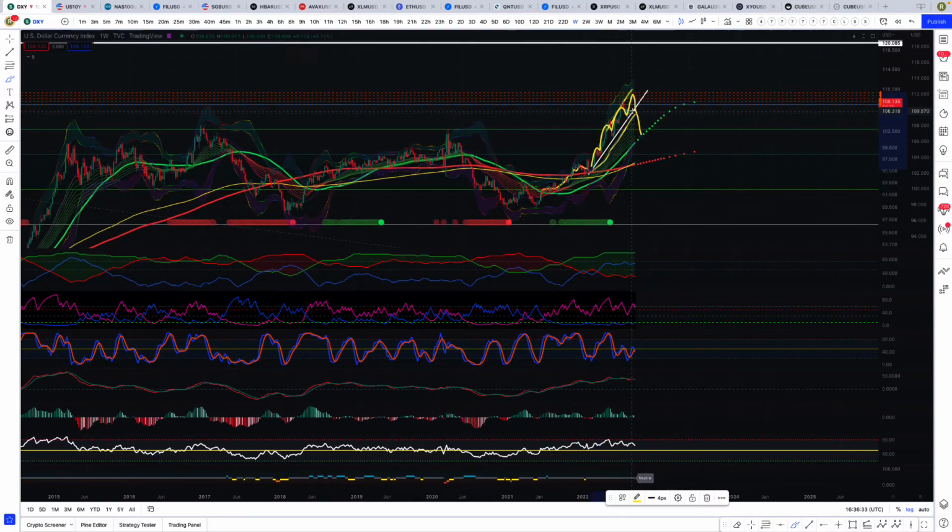And then when we retest this green moving average here, it's sitting at like 103, 102 by the time it comes down to here. That's that level that if we break it, then it's on. Then cryptos are going full out mania mode. And that's what we want to see. So we want to see it come down to the green moving average and then break it and come down here, because that would be a huge drop in the dollar.